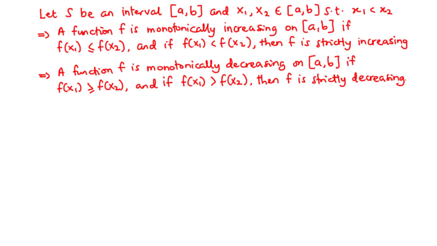Now a function is said to be non-monotonic if it increases or decreases for some time and shows opposite behavior at a different location. Now one way to determine whether or not a function is monotonically increasing, decreasing, or non-monotonic